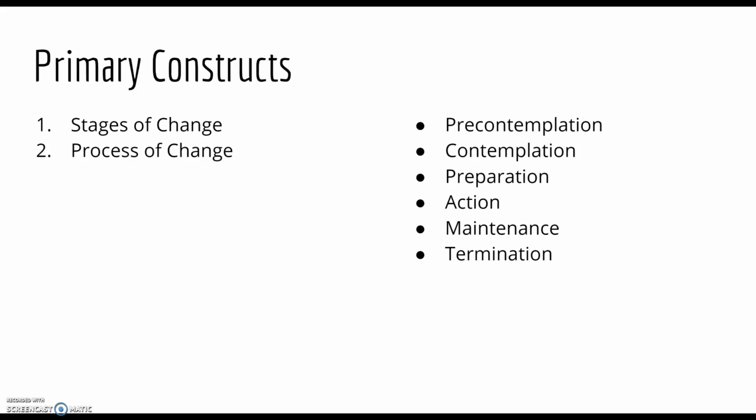Preparation is where people are planning to change their behavior in the short term, potentially 1 month, and are taking steps to get ready for the change. Action is where people have recently, less than 6 months, changed their behavior. Maintenance, in which people have performed the new behavior for more than 6 months. And termination, or sometimes when looking at the model referred to as relapse, in which there is no temptation to relapse, people have 100% confidence in maintaining the new behavior.